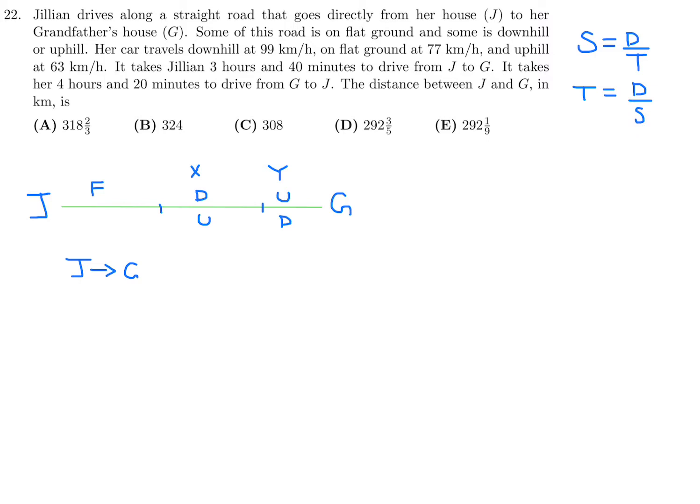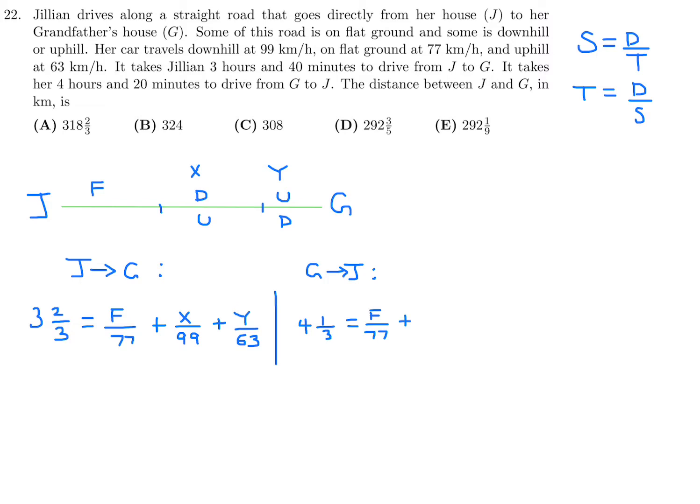All right. So J to G, this one, we're going to look at the time. The time is 3 hours and 40 minutes, so that's 3 2/3 hours. And that is going to be F over 77 plus X over 99 plus Y over 63. And then in a very similar way, G to J, if you look at that, it's 4 hours and 20 minutes, so that's 4 1/3. And that is equal to, again, F over 77